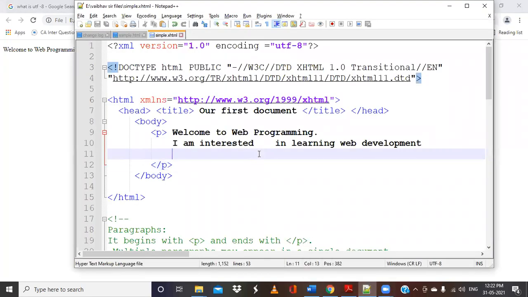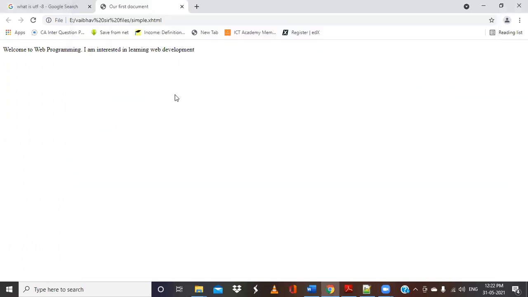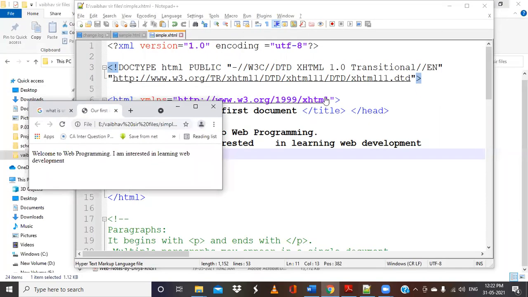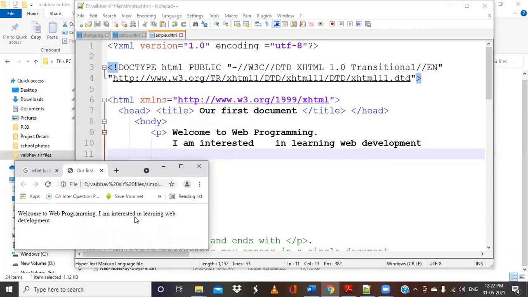And how long this paragraph tag will take this information depends on the size of the browser window. If I reduce the size, see here I have reduced the size. Now you can see that this development is appearing on the next line.